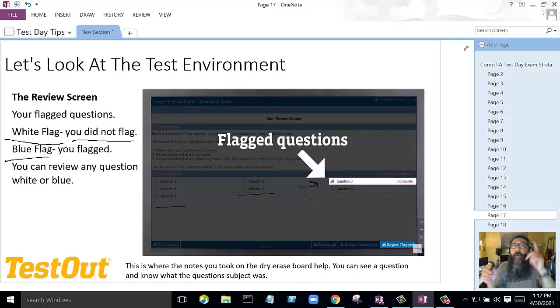So when you see something and go, oh, I remember that on question 4, you can write it down real quick on a whiteboard. Question 4 was the answer to question 30, or whatever you want to write down, right? That way, when you go to the review screen, you can go to that question and answer it with a little bit more feeling good about it, right? More positive, right? So again, use that dry erase board because it really is going to help you to be more efficient